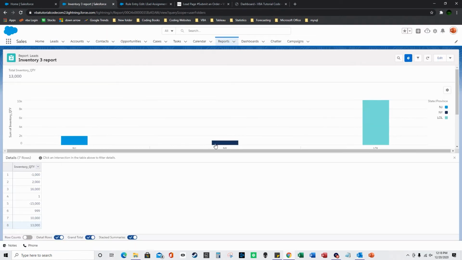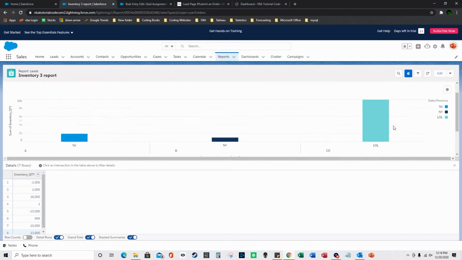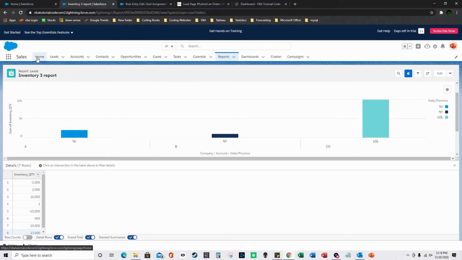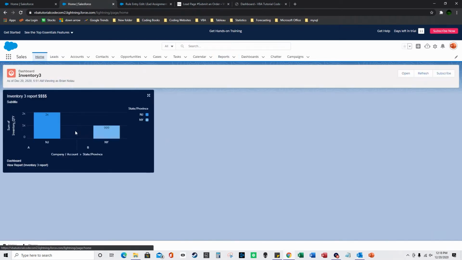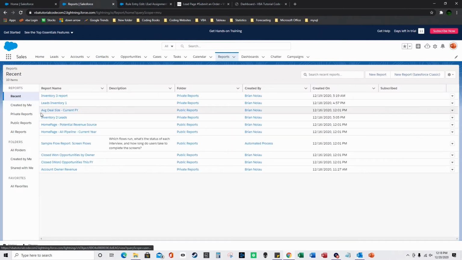So like you have New Jersey, New York, and Lowell as the different states. Obviously, for this report, I created a dashboard and added it to the home page. When you click refresh, the dashboard updates on your home page. It pulls from the report, and the report was actually